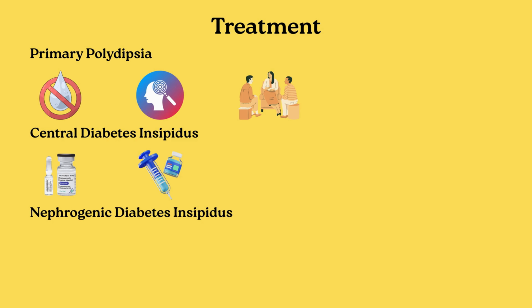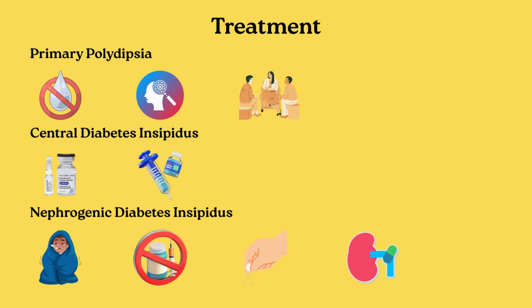For nephrogenic diabetes insipidus, treatment targets the underlying cause, such as stopping offending drugs like lithium. Additionally, a low-salt diet and thiazide diuretics are used to decrease urine volume. NSAIDs may also be helpful,